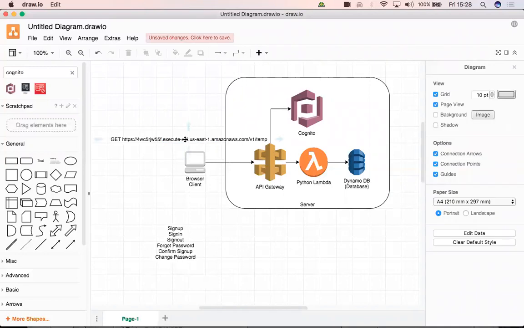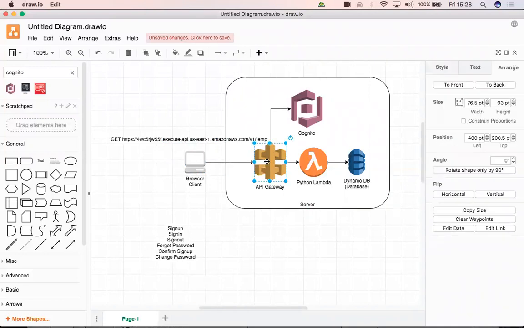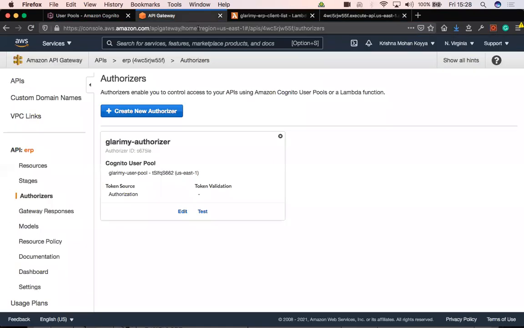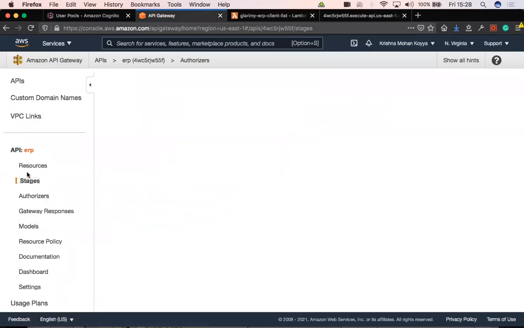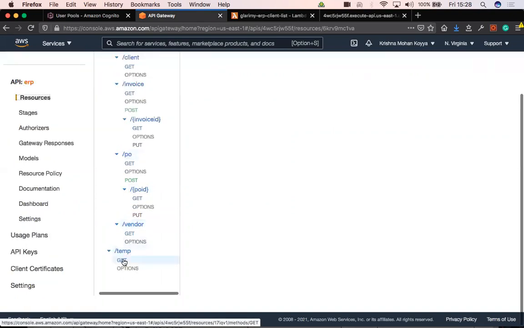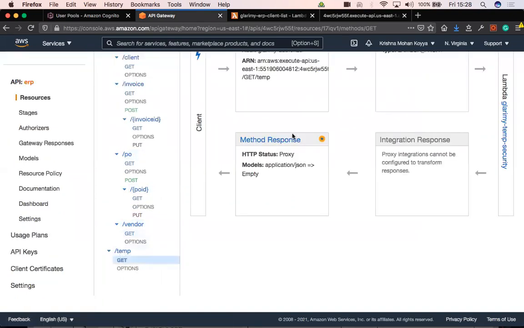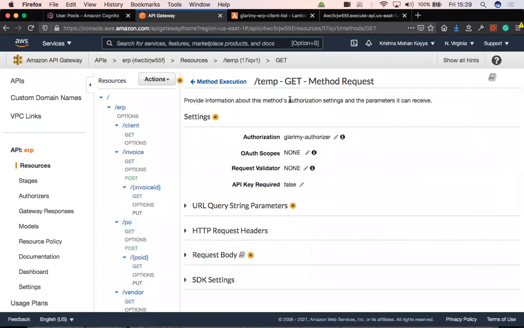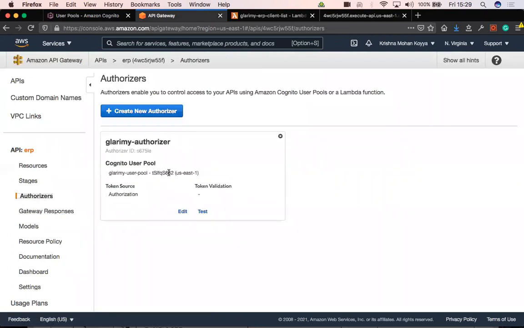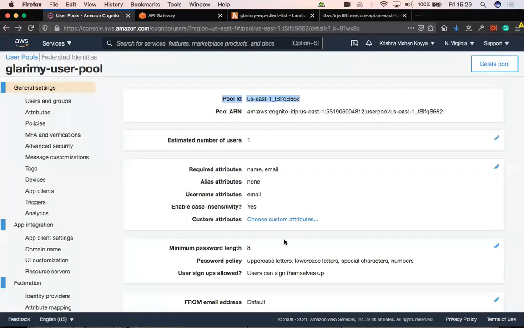When I try this URL, it is coming to API gateway. In the gateway configuration, for that particular resource, if it is temp and if it is a get operation, then it goes through the authorizer called Glarimai authorizer. And we have also seen from the list of authorizers that the Glarimai authorizer means this so-and-so user pool, and that user pool is this one.